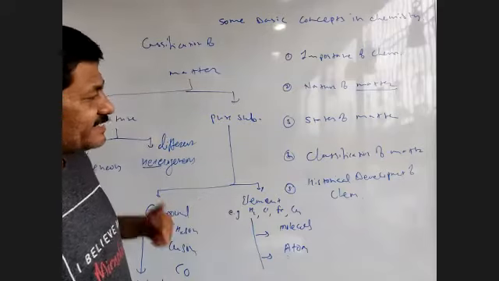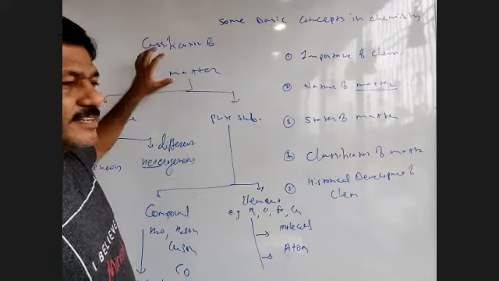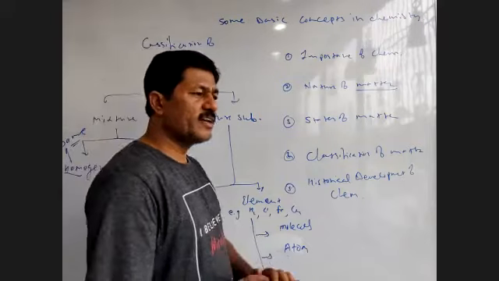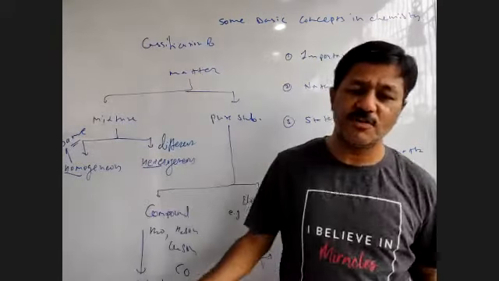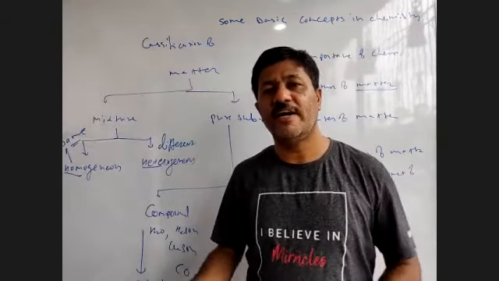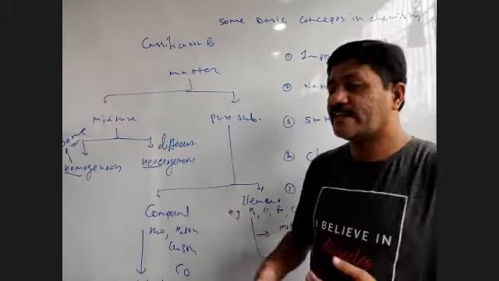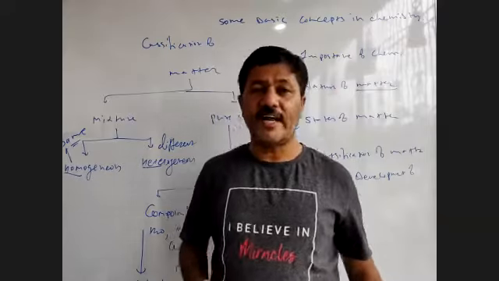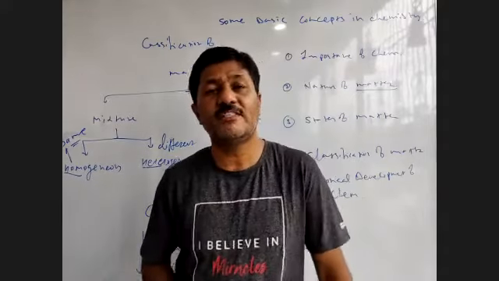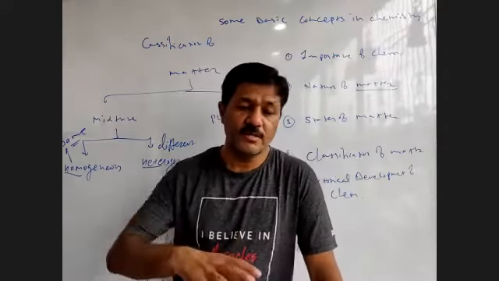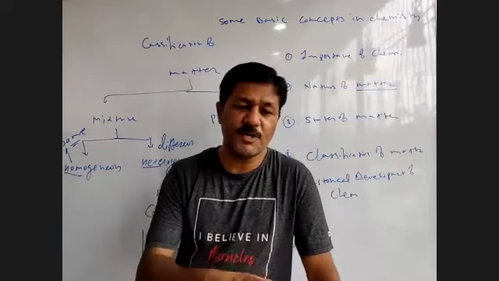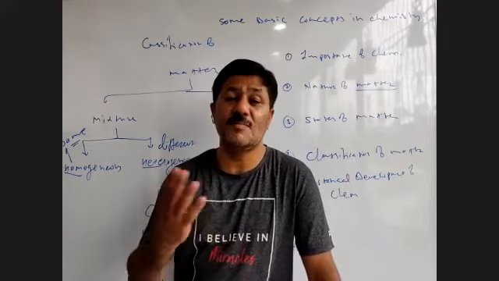Now, since we are dealing with matter in this chapter, I want to make matter a little more clear, because the study of chemistry is nothing but the study of matter itself, and matter is made up of atoms and molecules. No doubt. So one more thing about matter: every matter has some properties. Number one, matter has physical properties, and secondly, matter has some chemical properties.